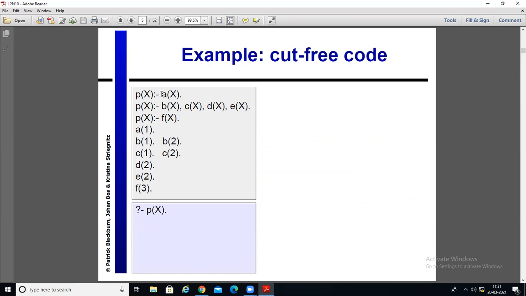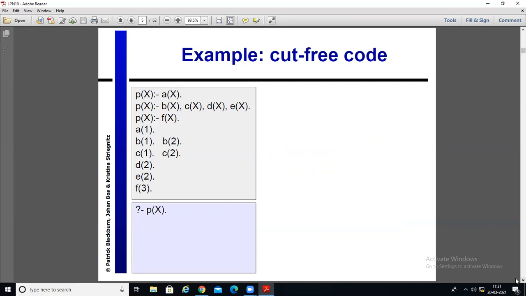So Px, so ax, that will satisfy a1. So first of all, x equal to 1 will be the answer. Then the second, as it is backtracking, even if the first predicate is matching, it will go to the second also. So it will have Px once again: bx, comma cx, comma dx, comma ex. For b it will go to 1 also. Then for x equal to 1 it will go to c also, and so on.